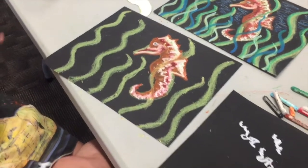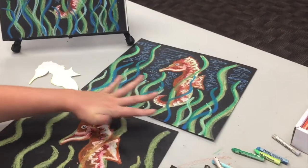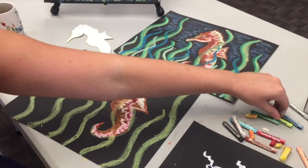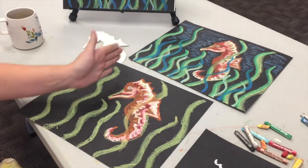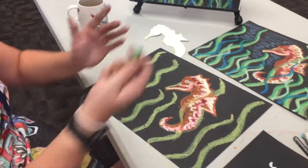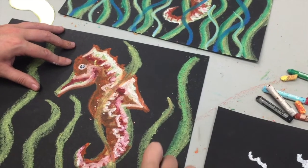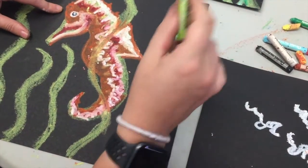So you can see that we've got the base of some of our bigger, tall ones, and that's what we'll work on first. I have some smaller ones in the dark blue, but we're gonna get the base of our really nice tall kelp or seagrass. So then what we're gonna do is, on the left of all of our seagrass, start going over it with our light green. So I'm kind of in the yellow. It's okay if I start going onto the black of the paper, and I'm just following that same movement